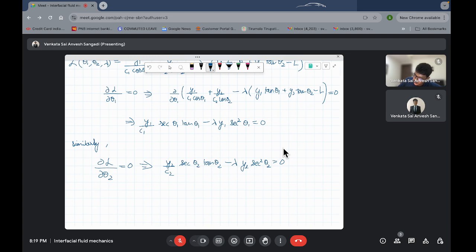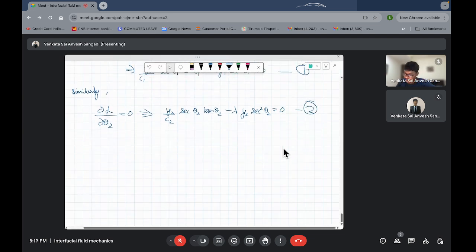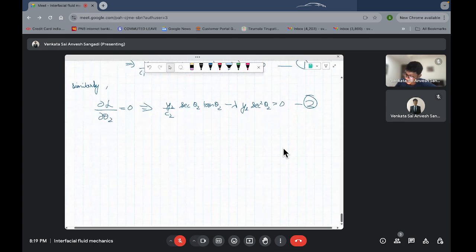Let's say this equation is 1 and this equation is 2. From equations 1 and 2 we can rearrange and get